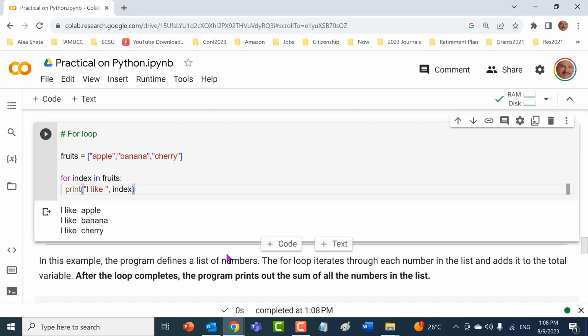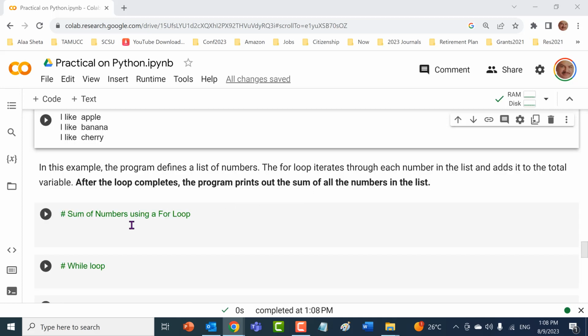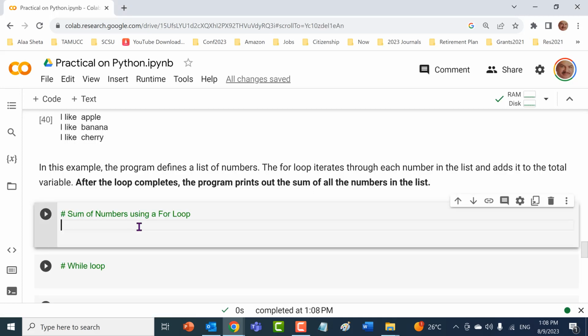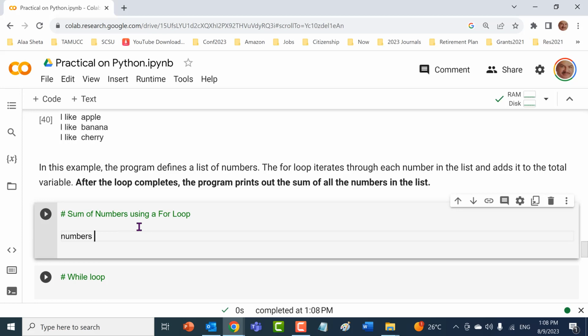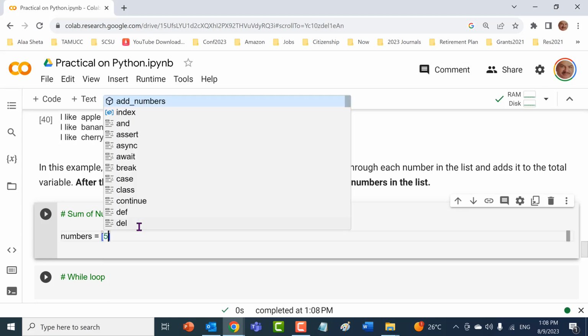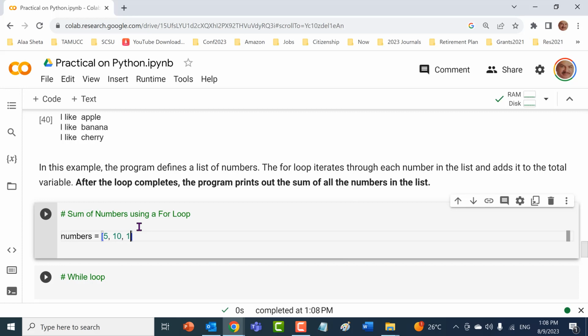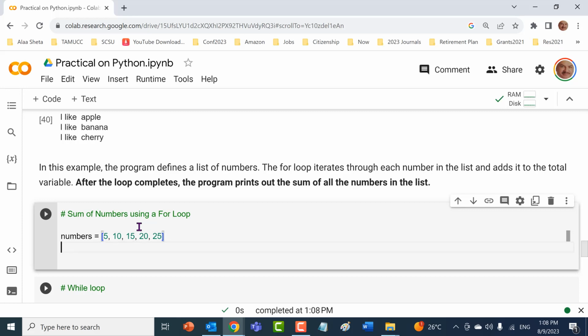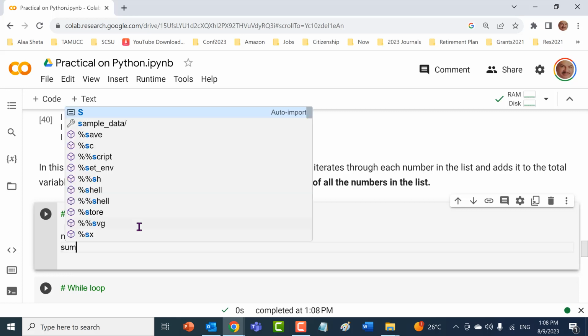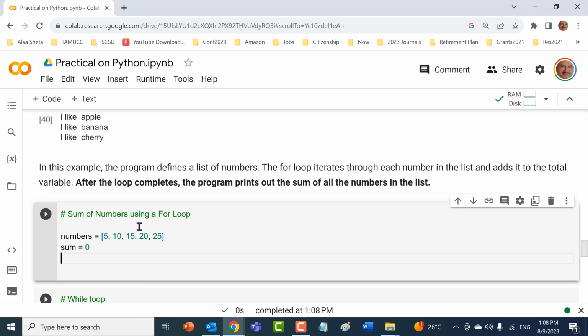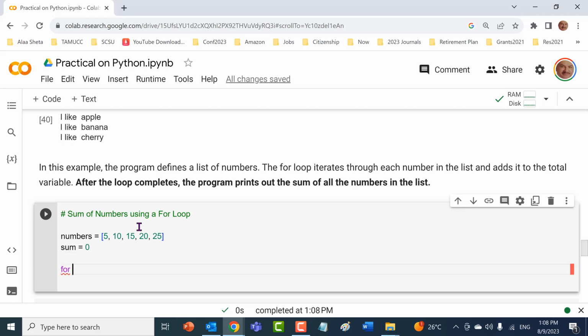We can do several operations on the list. Let's take another example, sum of numbers using a for loop. Let's say I have numbers equal to 5, 10, 15, 20, and 25. All right. And I would like to get the sum of all these numbers. So I will define a variable called sum equal to 0 first. And then I will say for i in numbers, colon, and then say